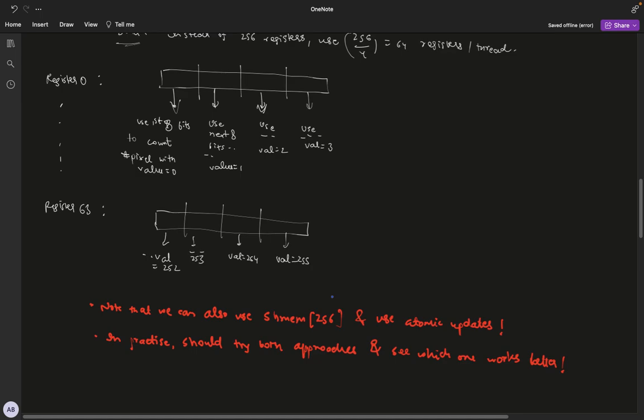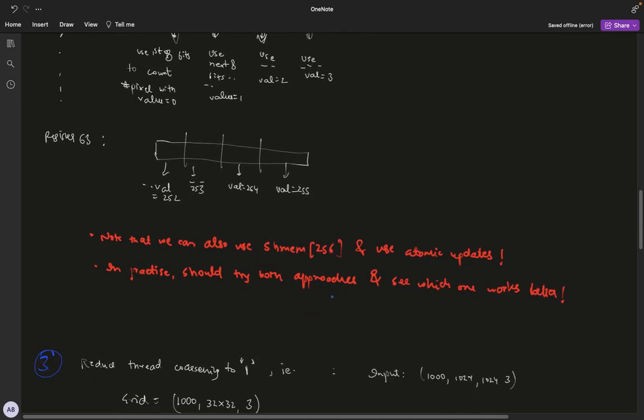Although using atomic update on shared memory is faster than using atomic update on the global memory, still it is far from optimal. But in practice, we should try both approaches, this current approach that we're discussing and also the shared memory approach, and see which gives a better result